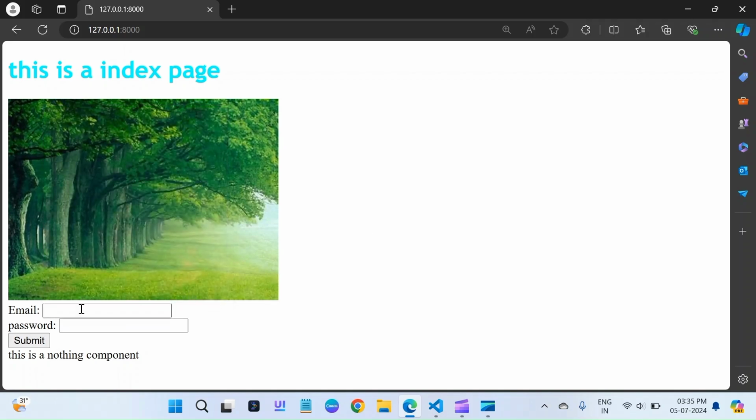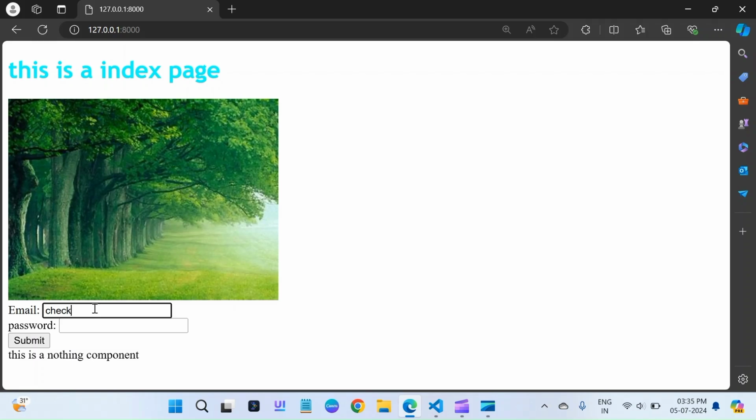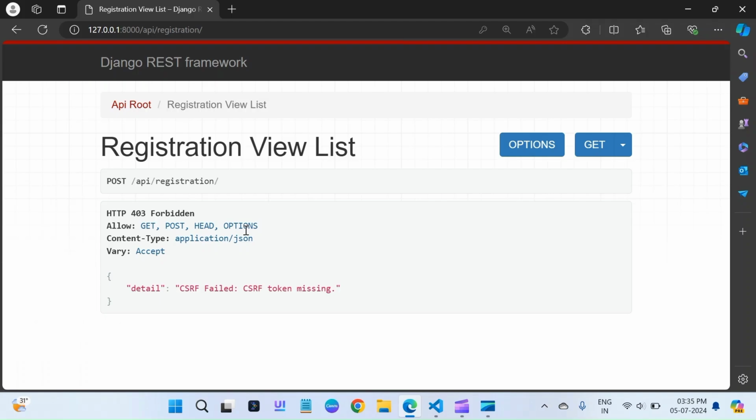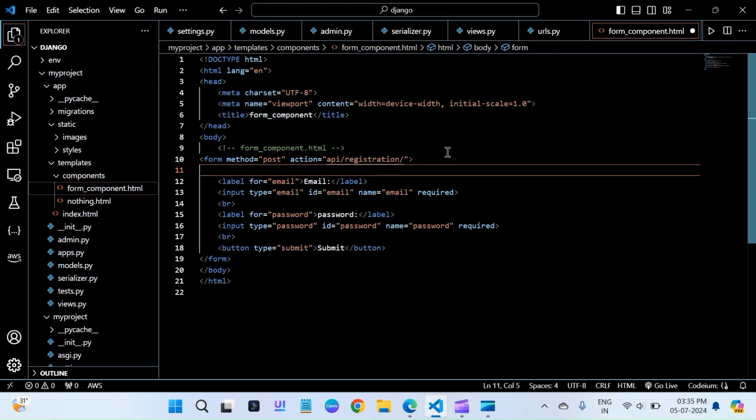And let's see. Good. If I say email, check, click on submit. Yeah, you will see. Oh, okay, CSRF token missing. And one thing you need to do is, while submitting forms, you need to include a CSRF token. And CSRF tokens are actually used in Django to protect your site from unauthorized accesses. So to reduce these attacks while you are submitting your forms, we use CSRF tokens, which is percentage and within